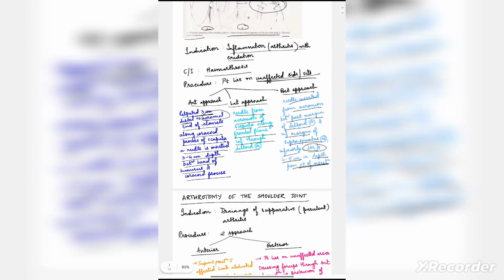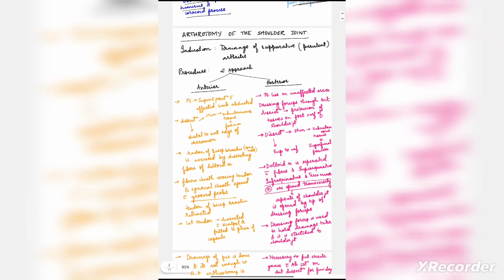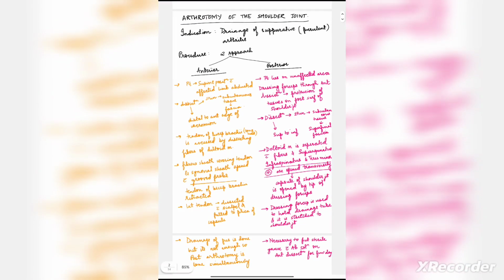Now second is arthrotomy of the shoulder joint. Why should we do this? For drainage of suppurative arthritis. In suppurative arthritis, we should do the drainage of the pus. There are two approaches of this procedure. First is anterior and second is posterior. In the anterior approach,